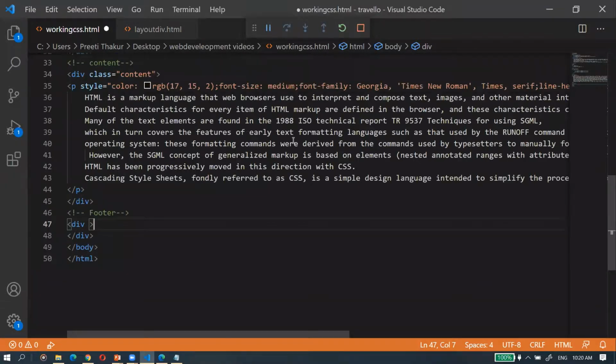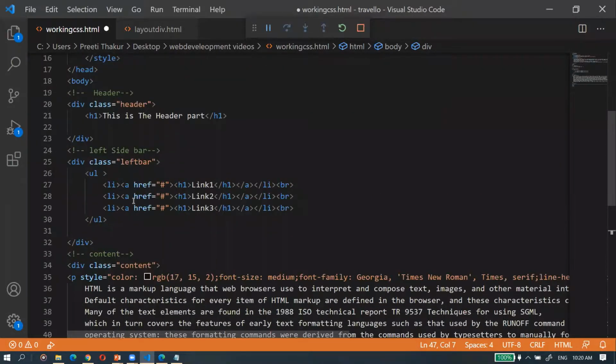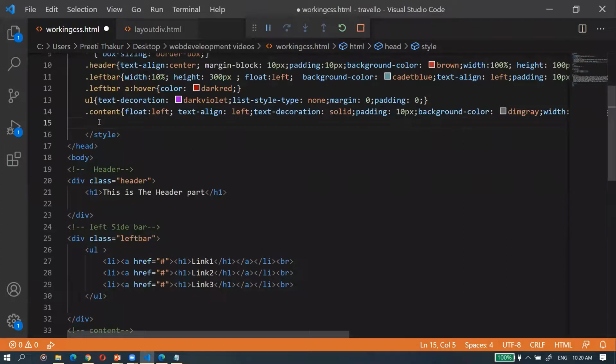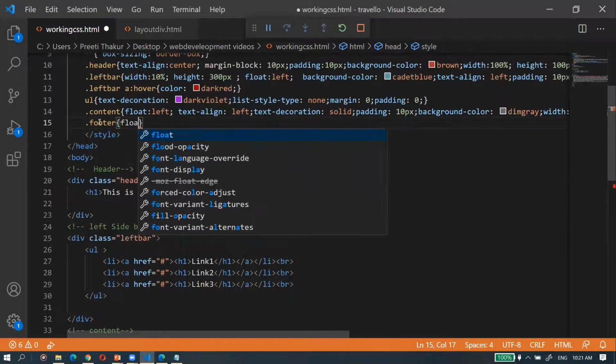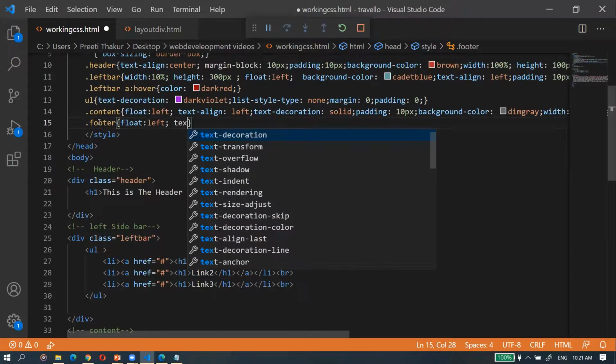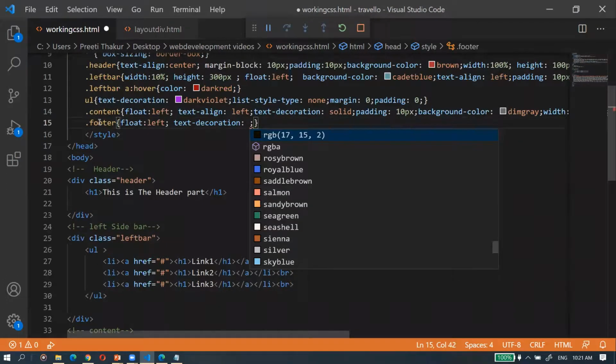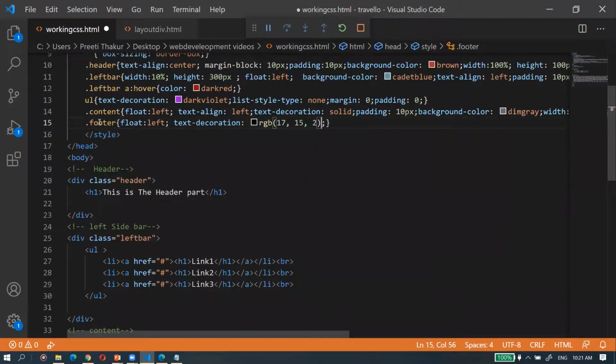So let's create now a footer. So for footer, I'm creating a class called footer class here. Giving the style tag. So class footer, and for footer, I'm giving again float left, and then I'm giving some text decoration. So I want a color in black.